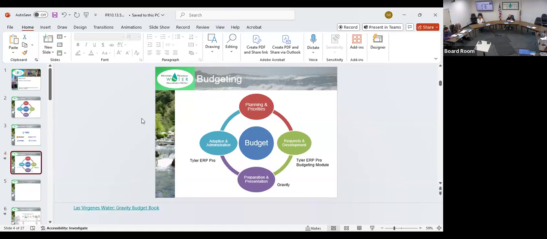If you would just remind me here, the consideration is a recommendation to authorize the contract with IDM US Holdings, Inc., the Gravity Budget Book. Are we recommending this to the full board? Is that what this is? Happy to move that recommendation. I don't want to second it, but I also have another question.